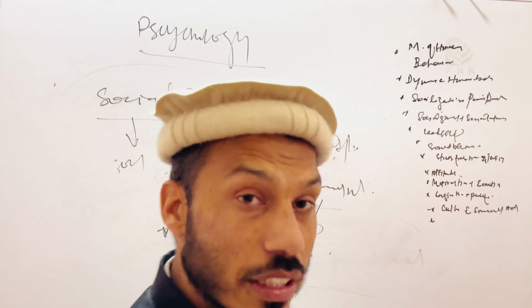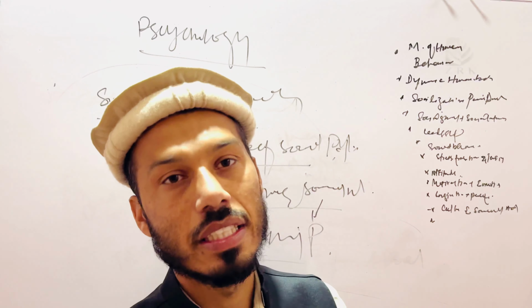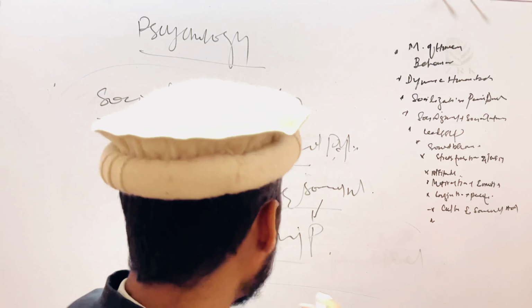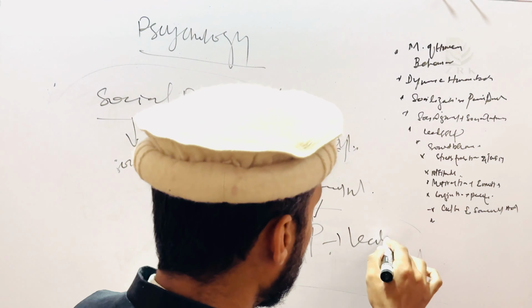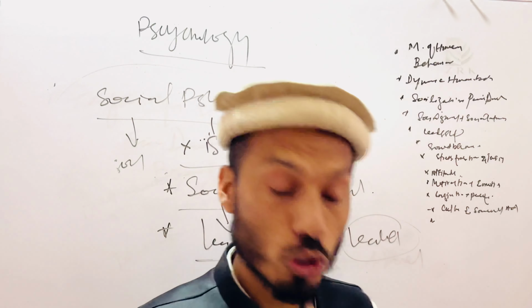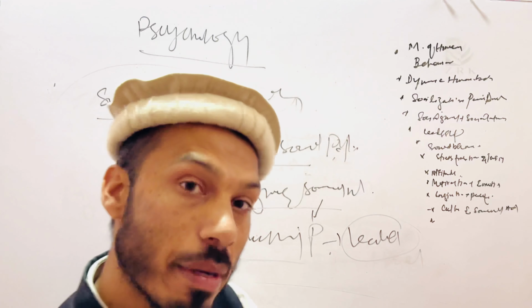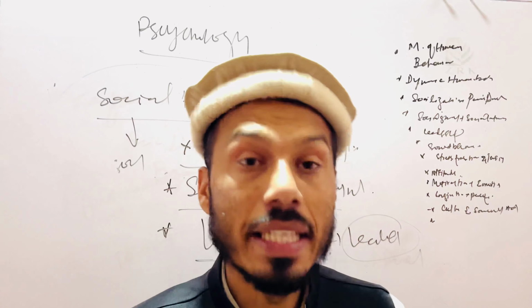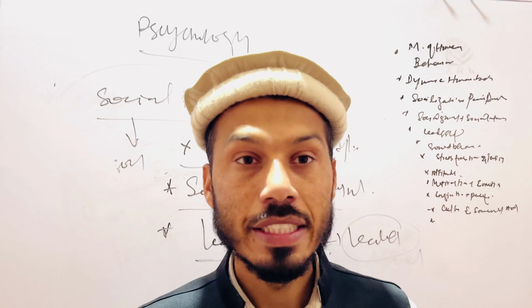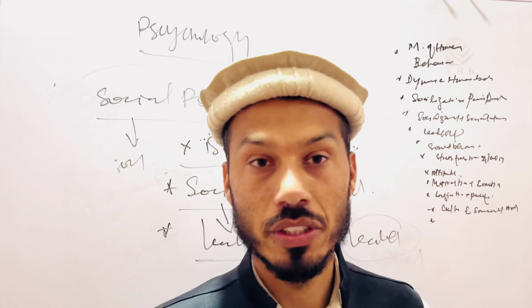Leadership. The word leadership can be derived from a leader. Who is a leader? A leader is the supreme individual of the group. So the supreme individual of the group is called a leader. The process by which the leader leads is called